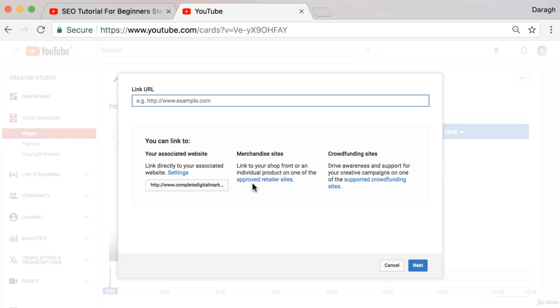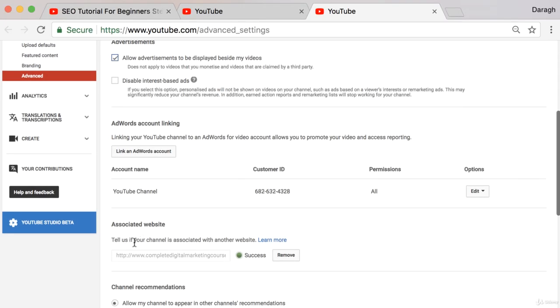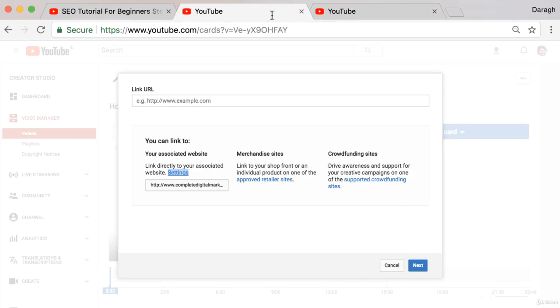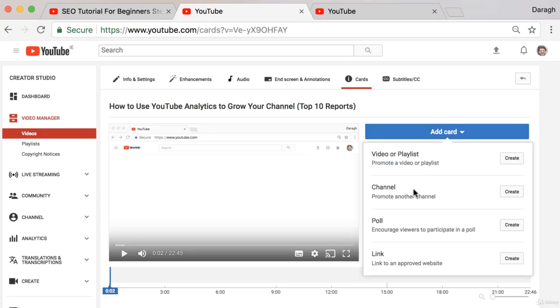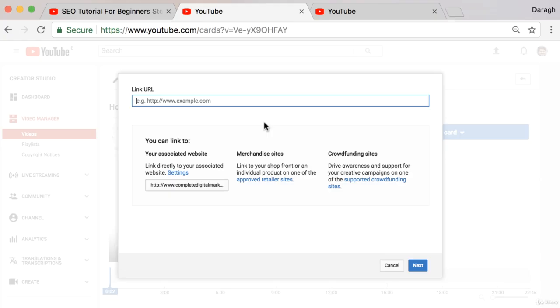Now to enable a link to your website, you do need to have associated your website to your YouTube channel. And if you've done that, it's going to appear up here. If you haven't done that, you can just click through and you're going to see the option in settings here to add that associated website. And it'll walk you through all the steps to do that until the green light shows up. So if you do want to link back to a website, you can go ahead and do that. If not, you can use one of the options here to link to a channel if you just want to practice this. So I'm going to link to a website,